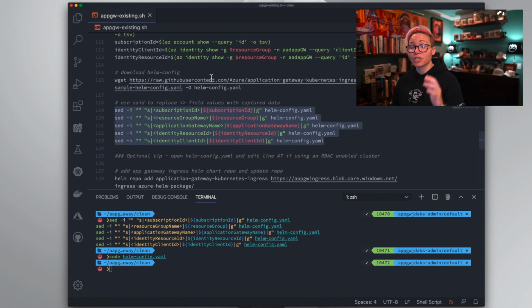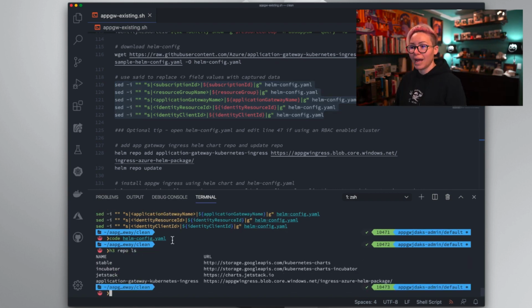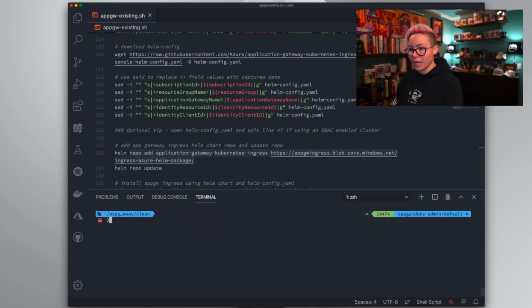Now we're ready to actually install our application gateway Ingress that's going to live inside our cluster and communicate with the external resources. First off, if you are using Helm either 2 or 3, you're going to want to make sure that you have the application gateway Ingress repo added in. I already have it right here, but if you don't, you would just type in helm repo add and you'd add it. Since we're going to be using Helm 3 for this, I'm going to type in h3 and I'll just paste in